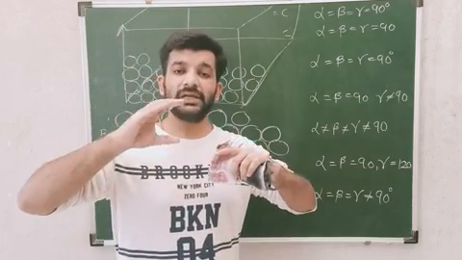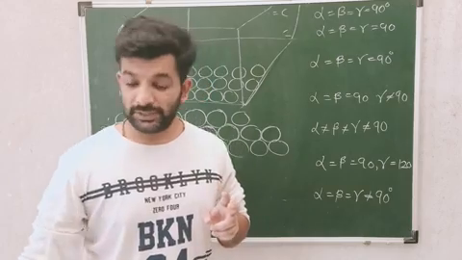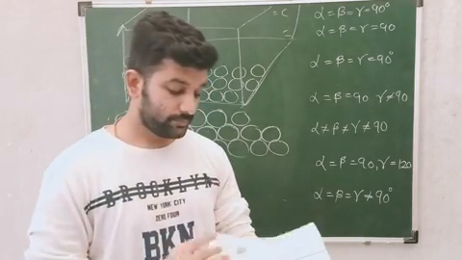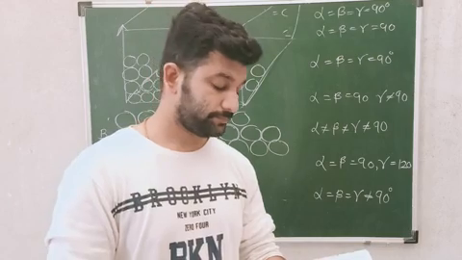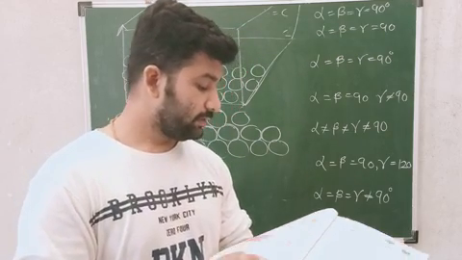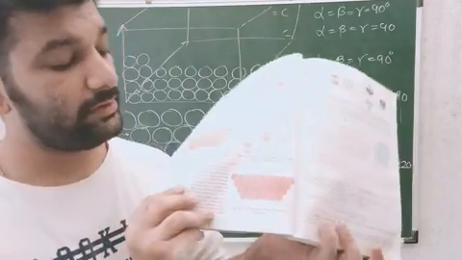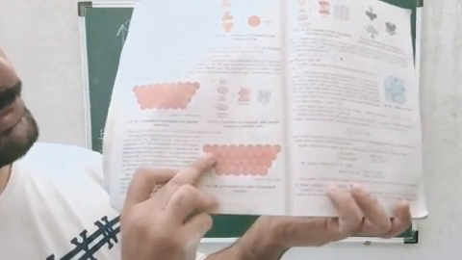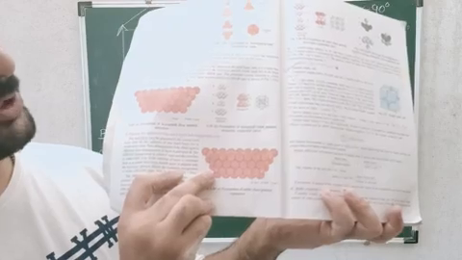In 3 dimensional arrangement, I get 2 types of voids. One is octahedral void and the other one is tetrahedral void. I will show you that in the textbook where the arrangement of atoms is shown. Okay. So this is the arrangement of atoms which I will show you in the textbook. Here there is arrangement of atoms. Here you can see this is ABC type of 3-dimensional arrangement of atoms.